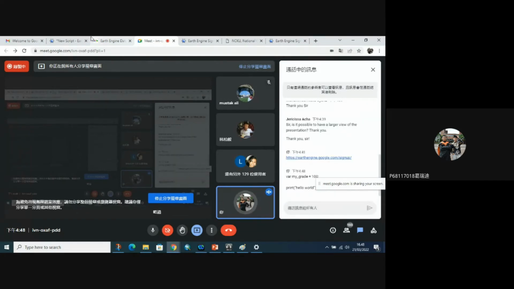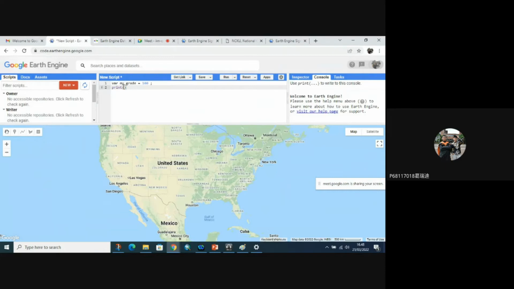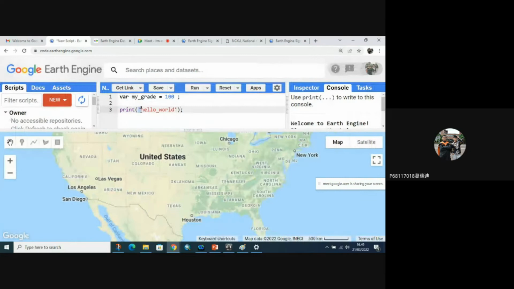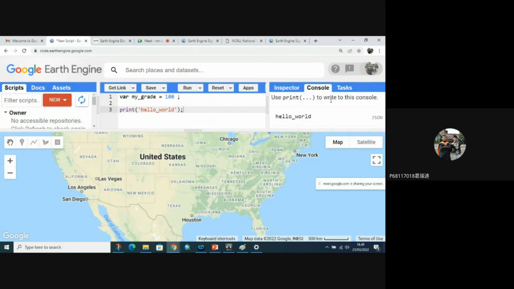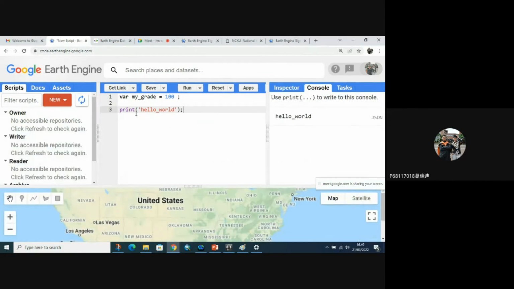You can try it on your side. If the code doesn't work properly, please retype the quotation mark here. The console is for the print commands, using the console platform.